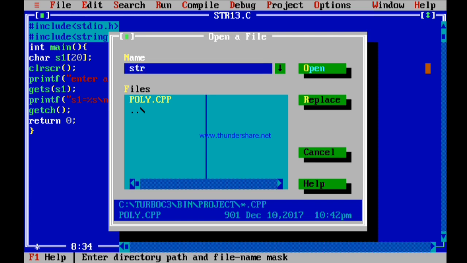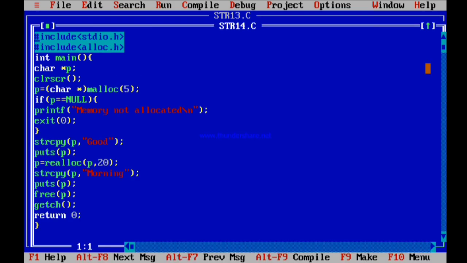Another program, that is str14.c. So what is this particular str14.c? This is a very important program among all these functions, friends. What I'm doing here is showing you how to create dynamic strings, that means strings that can be increased or decreased during execution of the program. What does that mean? You need to apply the dynamic memory management functions, that is, you can use malloc, calloc or realloc, and free for freeing the memory.